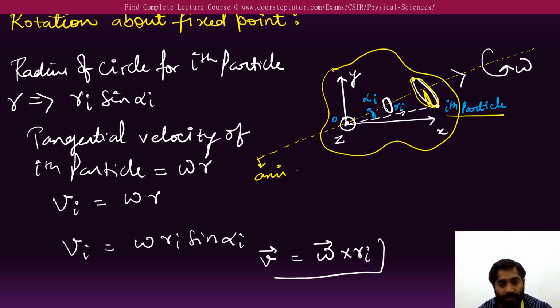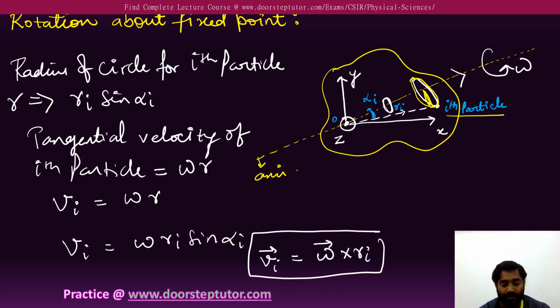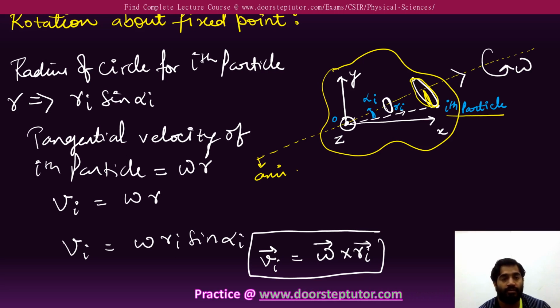And this is what I got, the velocity of the ith particle. Clear? Always remember, write this as omega cross r, not r cross omega, because that is an incorrect form of writing the velocity. So the correct form is v equals omega cross r. Clear? Now